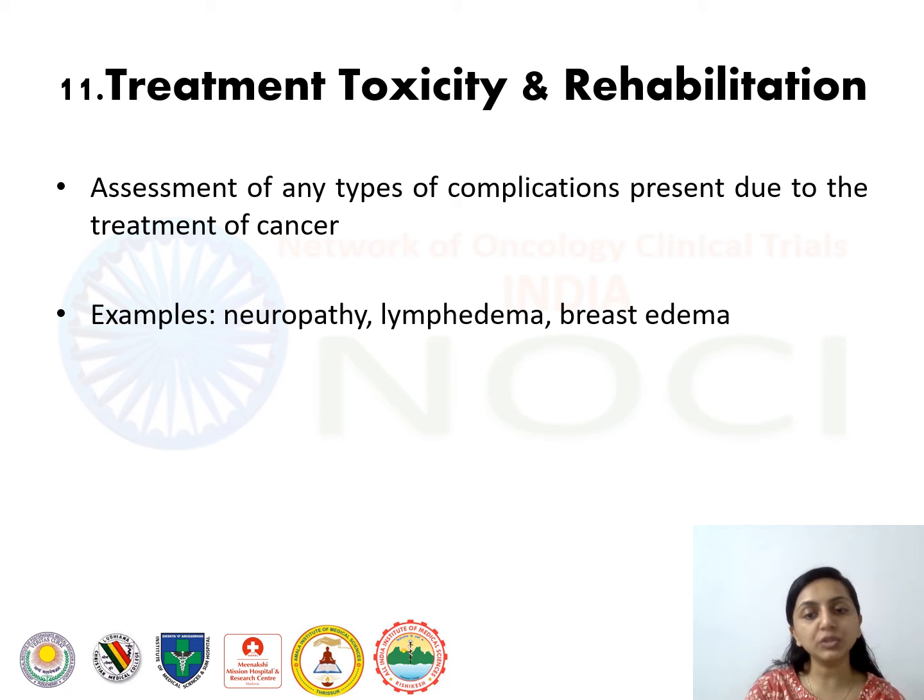Other symptoms include neuropathy and breast edema, and all this is seen with chemotherapy as well as radiation therapy. Apart from these, she will have symptoms of feeling low, or a constant fear of the disease coming back, or other symptoms that need to be looked into that give a clue to the occurrence of recurrence or distant metastasis. So all these things should be explained to the patient on each visit to the hospital, and the family members as well as the patient need to be frequently counseled and given reassurance and support.